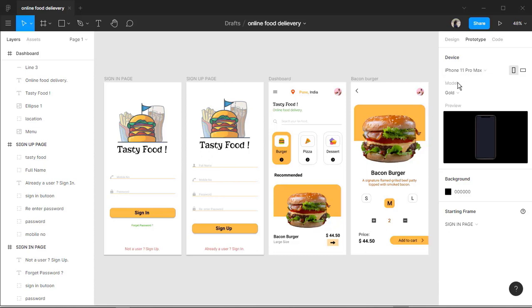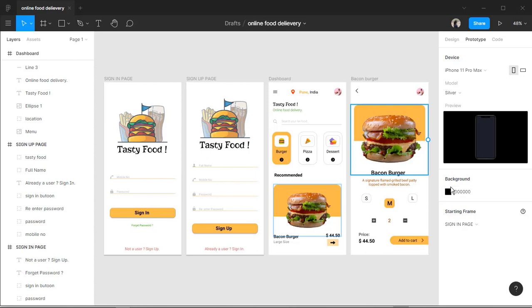Similarly, here we have the model option where you can choose the color of your model. If I click on this arrow, as you can see, here we have the 4 model colors available for our iPhone 11 Pro Max. Right now it is gold, so if I click on this midnight green, as you can see, the color of our model has been changed to midnight green. Similarly, if I choose the silver color, the color of our model will be silver now.